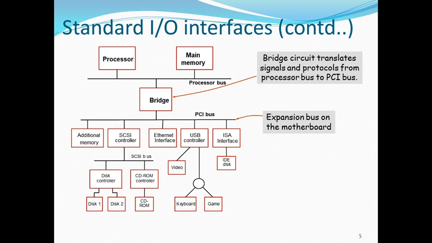Then the SCSI bus is a high speed parallel bus intended for devices such as disks and video displays. And the USB bus uses serial transmission to suit the needs of equipment ranging from keyboards to game controls to internet connections, right? So this figure shows an interface circuit that enables devices compatible with the ISA standard, such